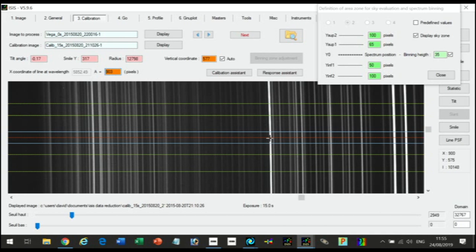And that is the x coordinate of that line. You can see if you just nudge your cursor, it moves 901, 902, 903. But the important thing is to get it pretty close to the center of that line. That is then telling it that,